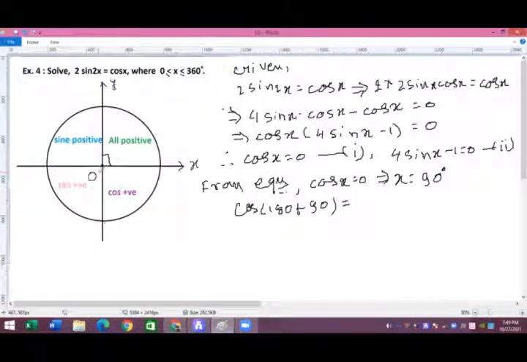Or even if you suppose that you are slightly in the third quadrant, then it is minus cos 90 degrees. Whether it is plus or minus, in both cases you go to the calculator and check this value, and you will have 0 equals 0. So another value of x will be 180 plus 90 degrees,